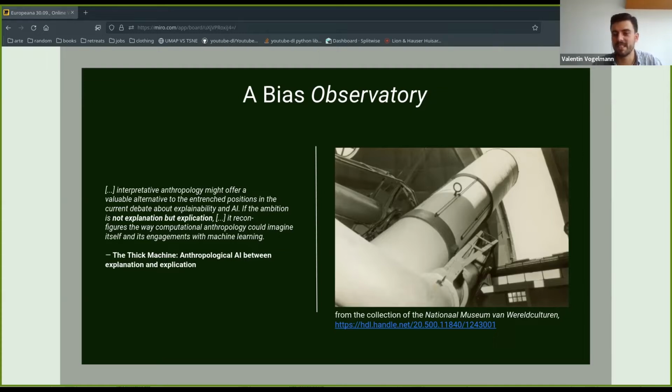So the core of the idea is that rather than doing the bias research for the researchers, so rather than trying to automate some of their steps, all you do is build them an observatory. The paper that I'm citing is called The Thick Machine: Anthropological AI between Explanation and Explication. It draws on anthropology, where there has for a long time been a distinction between explanation and explication. I'm not really going to explain what these two terms mean,